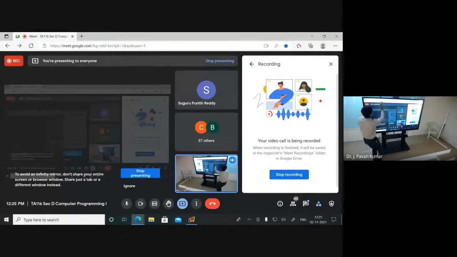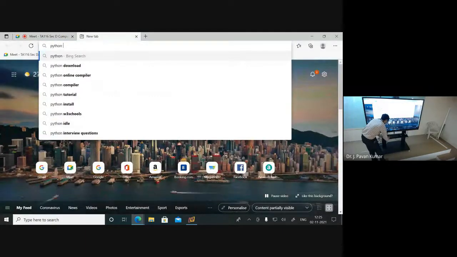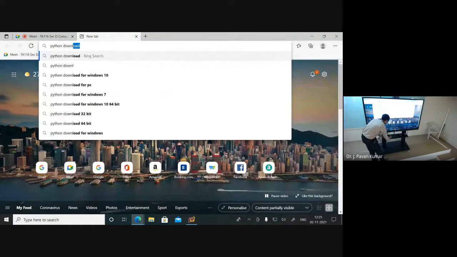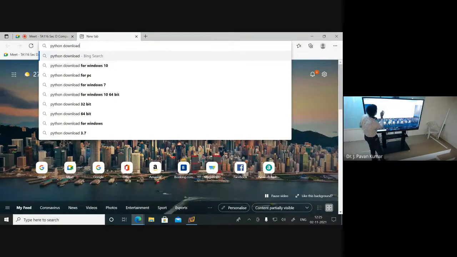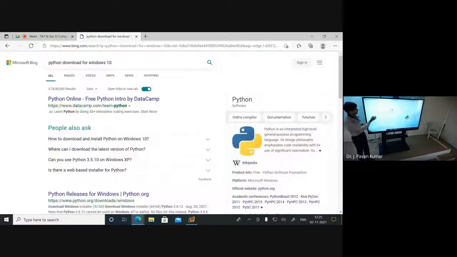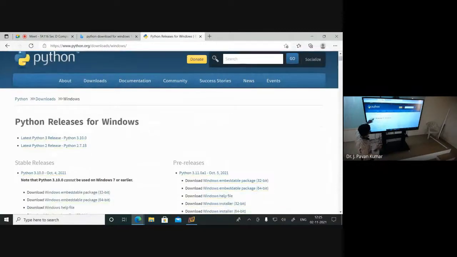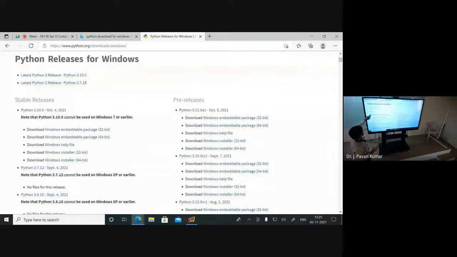For that, just download Python software. Just type in Google, Python download for Windows, just like that. Then you will get a link. You can download here.